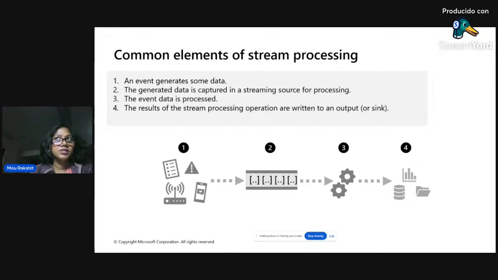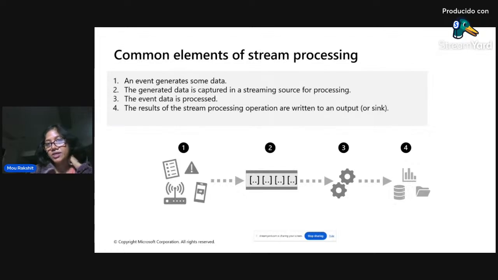And the basic idea is stream could be low latency, may not be low latency, but it is continuous processing. Think of these devices, they never stop emitting telemetry. Think of the application logs, they never stop generating logs. Or even your operational databases will never stop creating change data capture. So those are the continuous stream of data that you're going to bring in.